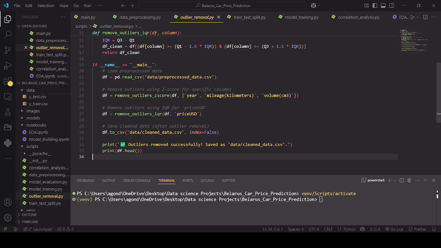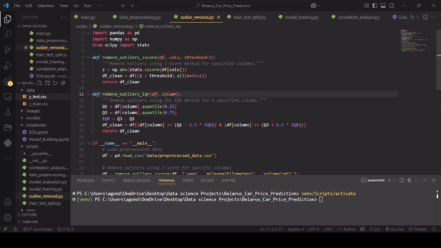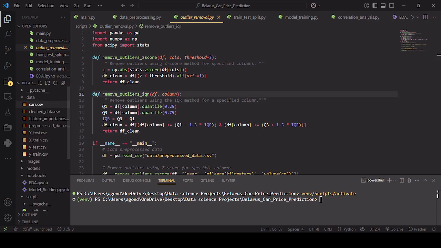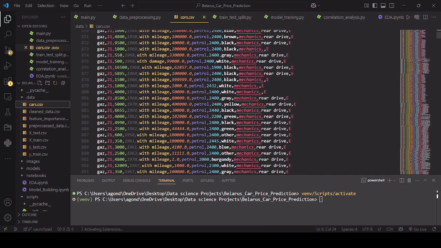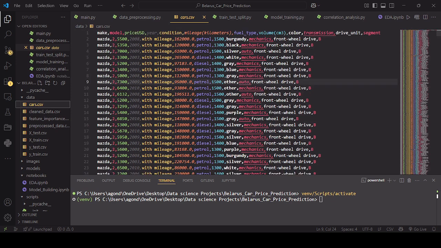Today I am going to teach you how to make a data science project on Belarus Car Price Prediction. As we can see, we have the data of that country's cars, which has different features like its brand, number. Wait a second, let me take it to the top. Like its make, model, price, year, condition, mileage, fuel type, volume in centimeters, color, transmission, drive unit, and segments